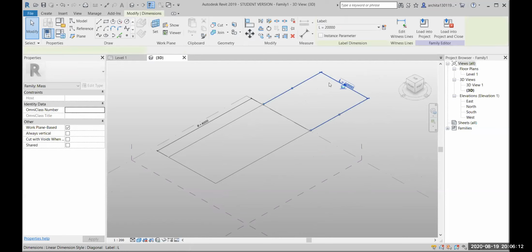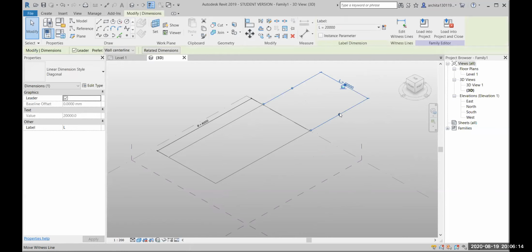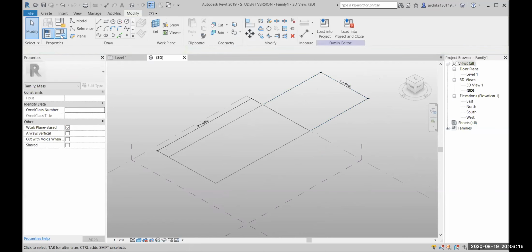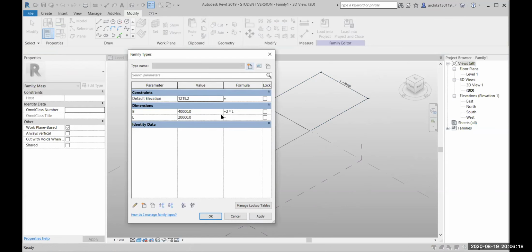All right, so try doing this, everybody. Try giving formula, and don't do this silly mistake that B you're making 2 into L you're making 3 times B or something like that. Don't do this silly mistake. You have to use your mathematical logic and you have to see how to compute, how to write the formula. So if you're writing B is equal to 2 times L, then L can be nothing else but B by